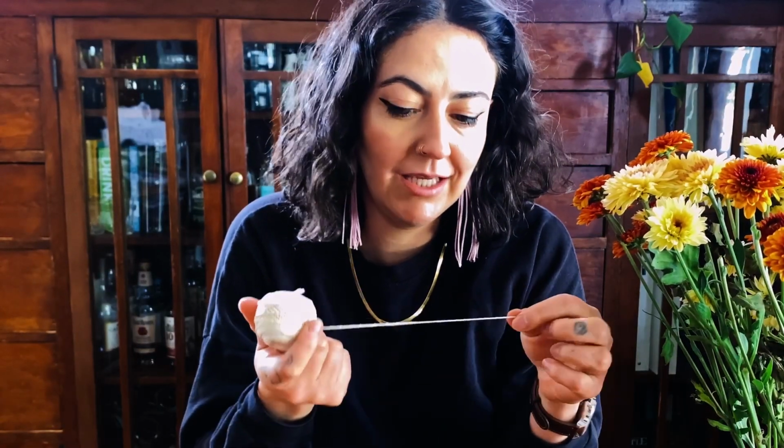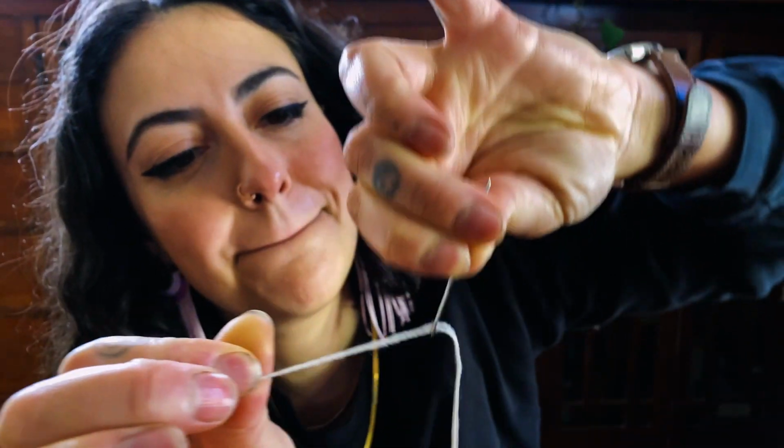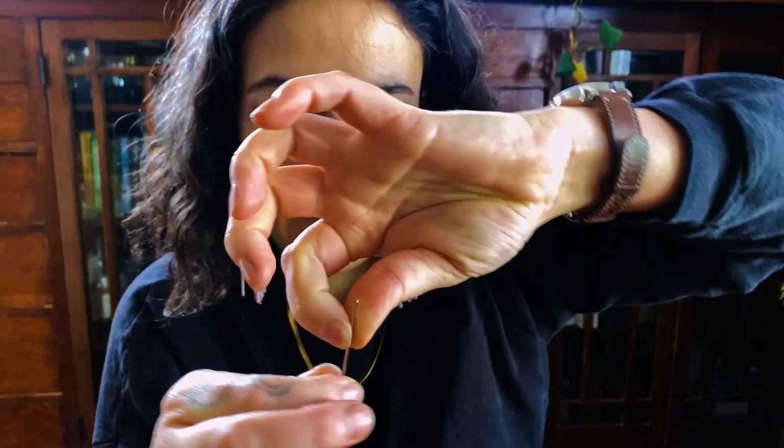All you need is some kitchen string that's rather thin, a craft needle that has a big enough hole to get your string through, and a thimble couldn't hurt either. Got it. So you just want to leave a little tail like this, and that way you'll be able to